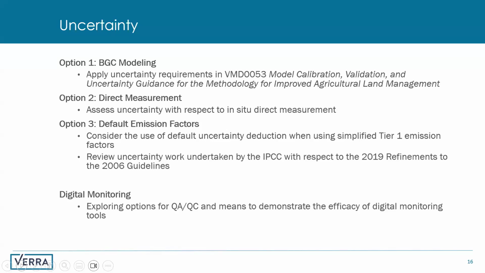We're also going to be exploring additional guidance for the use of digital MRV technologies. In particular, exploring options for quality assurance, quality control, and maybe also guidance to demonstrate the efficacy of digital monitoring tools. That may or may not include requirements specific to uncertainty. I think we can move to the next slide.